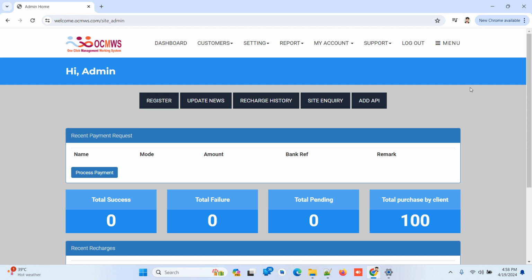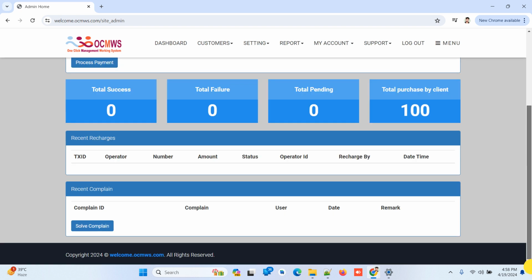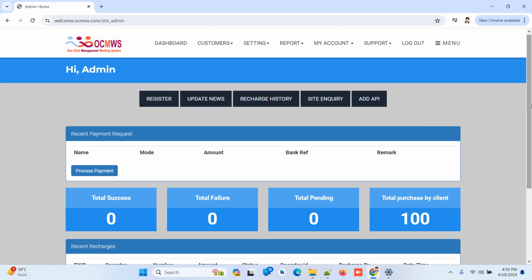Happy coding. If you need this multi-recharge software, contact us. No bugs, we give support also, and we can add more features if you want. We can also add APS and BBPS with the official API here. So this one must go far. Relax about that, it will not be abandoned.